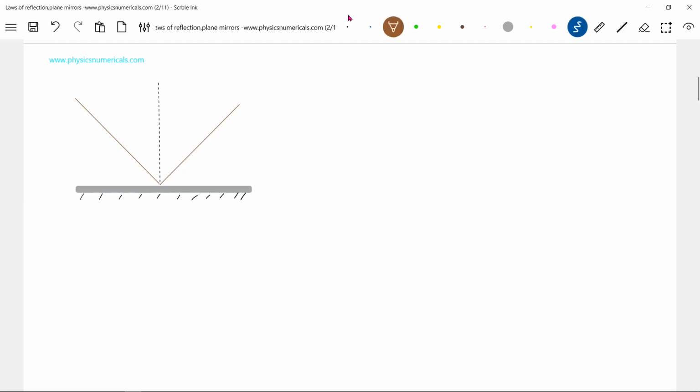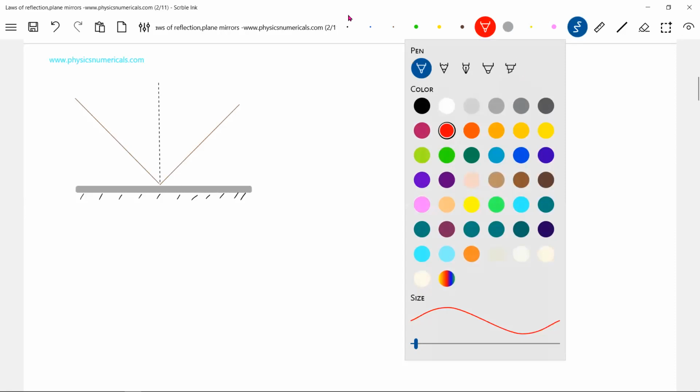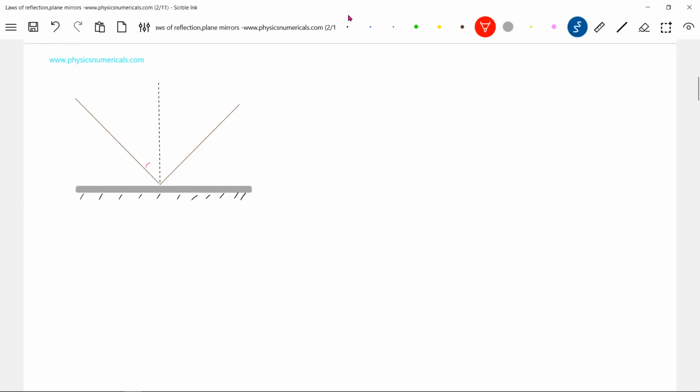Okay, now the angles, let me adjust this one. So there's the angle of incidence i, this is the normal, this is the incident ray, this is a reflected ray, and this is the angle of reflection, that one. So what is this? I'm calling this a